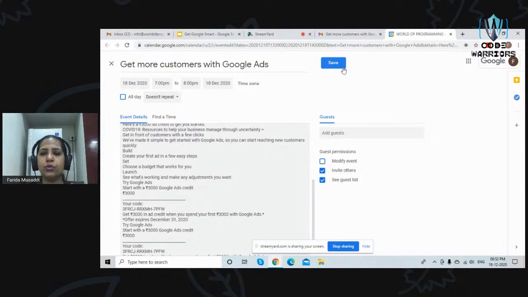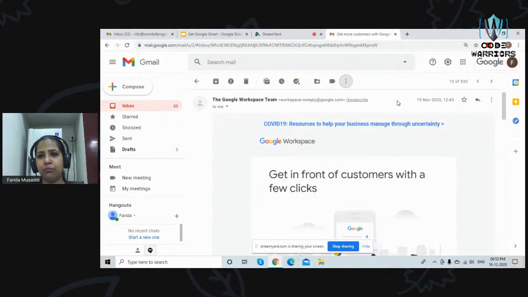Okay, so if you have received an email from someone and you want to create an event, you want to share it with others, you want others to join into your event, you can do this, and you can easily invite guests for that particular event. So through an email, you can create a task. Through an email, you can also create an event. So these were certain features about your Google Mail.